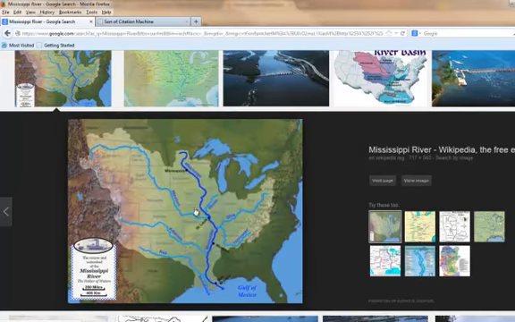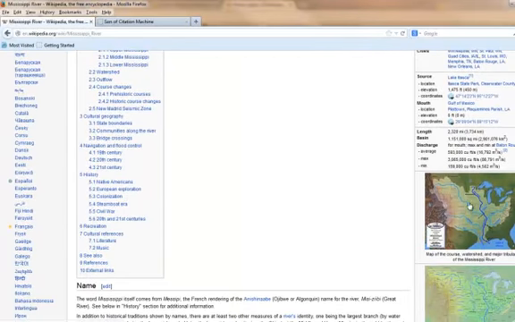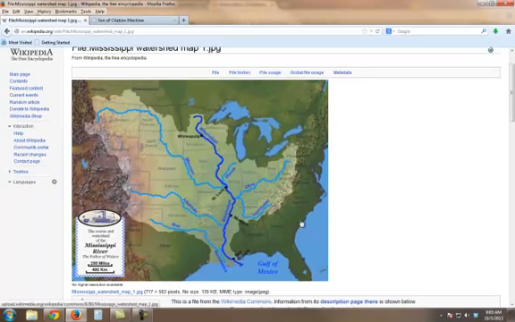Now when I open it here in Google, the link at the top is a very long Google link. That's not the one I'm going to need to save. I'm going to click the picture, and it takes me in this case to a Wikipedia page. So I'll have to locate my picture again. Here it is. When I click on that image, I get the full picture and I get a direct link